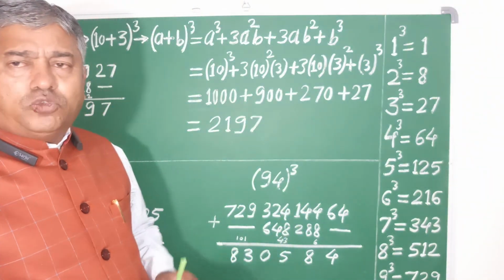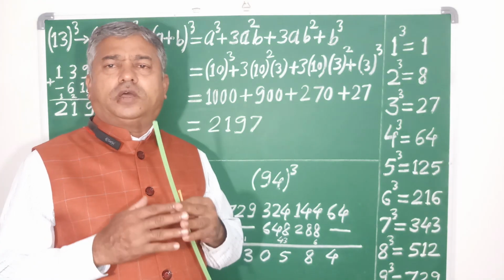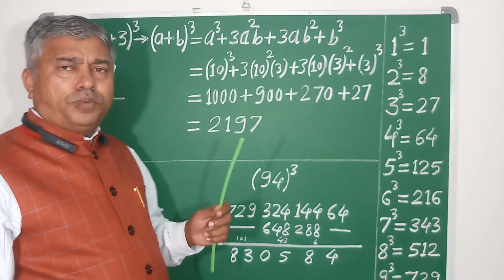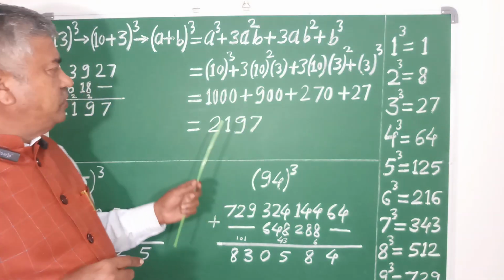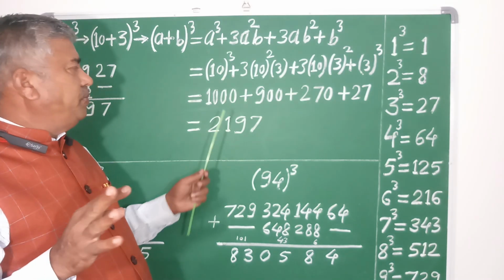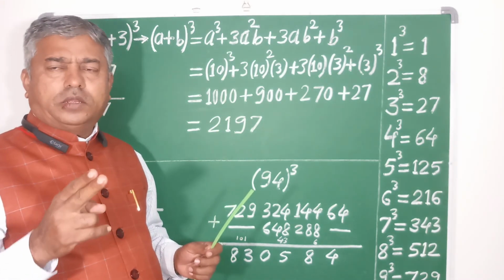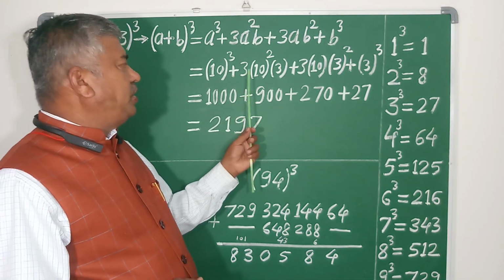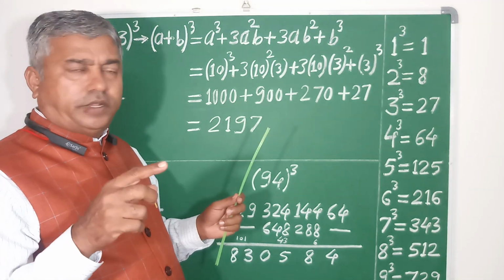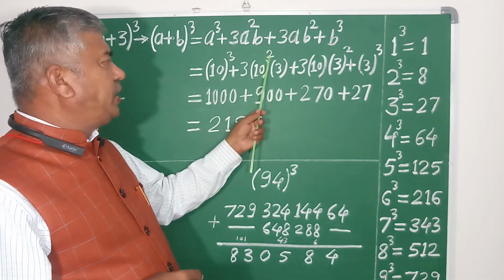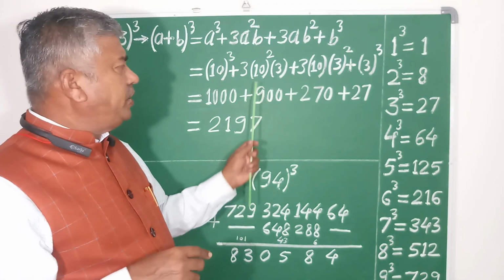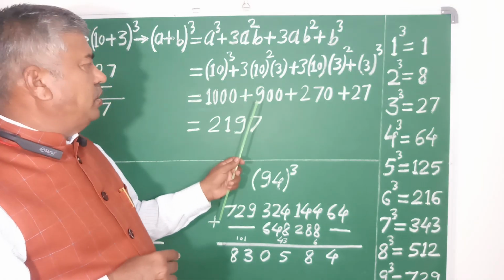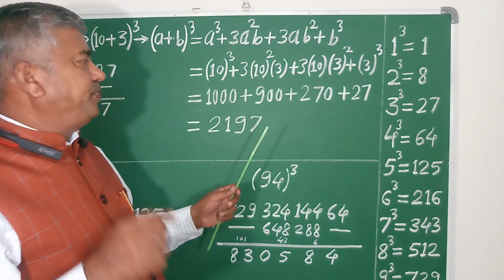Now let us open the brackets or make the cubes and squares here. Here cube of 10 is 1000, means 10 into 10 into 10, that is 1000, plus then 3 inside the bracket 10, it's a square. Square of 10 is 100. 100 into 3, 300. 300 into 3, that is 900. Plus,